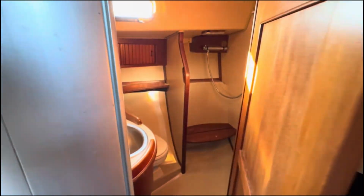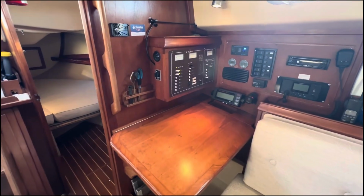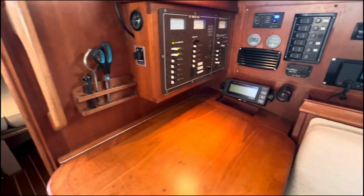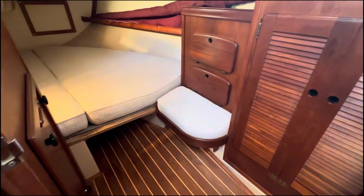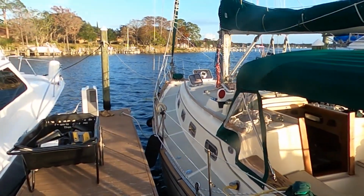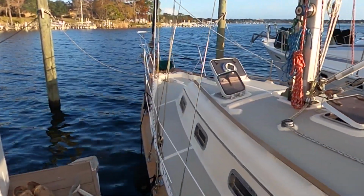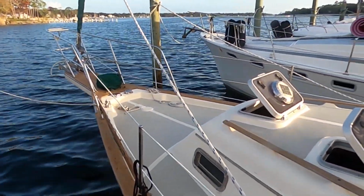What really makes this boat stand out for couples is the layout of the sleeping quarters. The forward cabin has a large V-berth with real doors for privacy, and the aft quarter berth is tucked away enough to feel like a separate retreat. The saloon features facing settees and a fold-down table, which keeps the space feeling open and social without sacrificing function. Storage is generous throughout, and the overall build has that solid, secure feel that makes life aboard feel more like living in a proper home than camping on the water. For couples looking to cruise comfortably without stepping on each other's toes, the Island Packet 35 nails the balance between